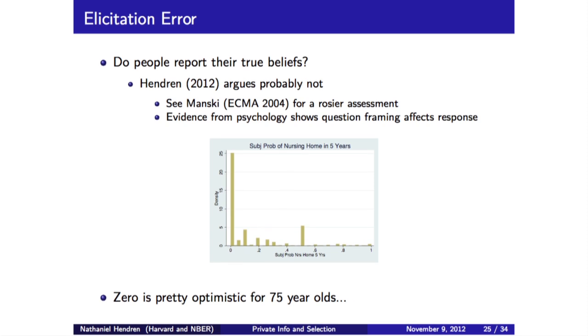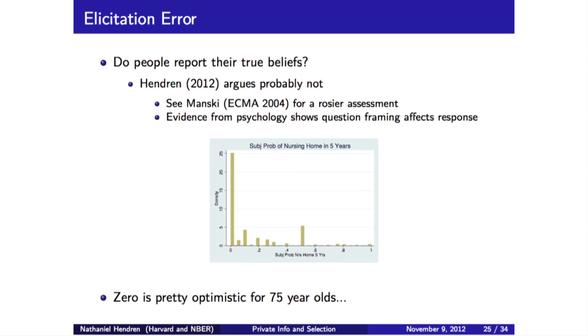And so what I've plotted here is a histogram of the responses to this question, and what you can see is the most common response is 0. So why would we be unhappy with a response of 0 as a measure of true beliefs? Anybody want to take a stab at why you can immediately say that's got to be crazy? What's unique about 0? It implies an infinite willingness to pay for a contract that would pay you money in the event you go to a nursing home. You don't care, right? So more likely, people just aren't reporting the probabilities that are actually governing their behavior.